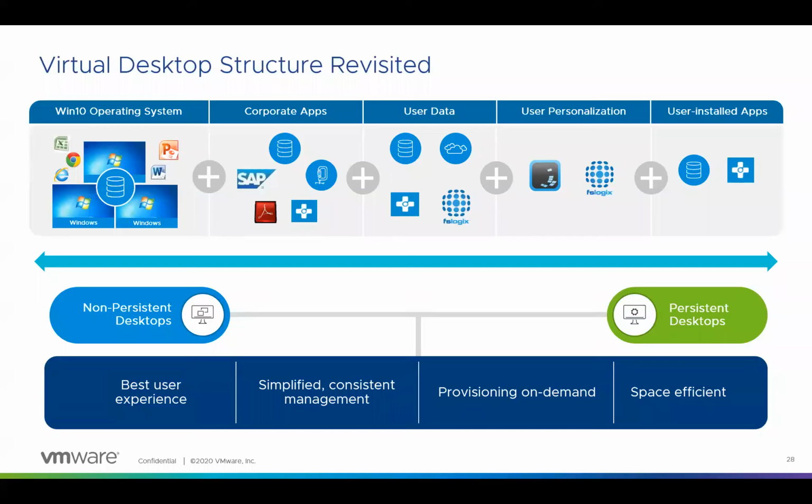And from the personalization perspective, we use Dynamic Environment Manager. This keeps all your personalization, like user settings, etc., in the DEM. And this DEM data is replicated across your AWS as well as on-prem deployment. When users move from one pod to another pod, they will always get the same experience. They will get the same application settings. They will get the same desktop and background settings as well. So you could also keep uniformity from the experience standpoint.